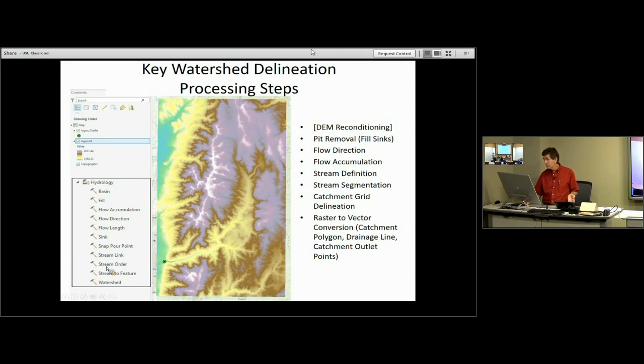Then there's pit removal, filling the sinks. Then we do flow direction, flow accumulation, define the streams, perhaps with a threshold or some other ways of choosing that threshold. Then we segment the streams wherever there are junctions. We can define the catchment grid, and then we convert from raster to vector to end up with a vector stream network and catchments, similar to what we had in the early exercise where we were given